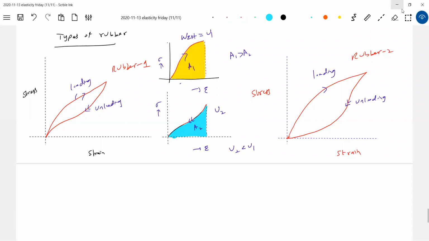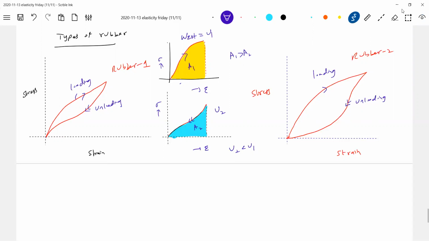Suppose say 10 joules is there. Then it should return back all 10 joules, no? Finally, when deformation is 0. But what happened? It has returned only 8 joules. Where did that 2 joules go? Converted into heat. So this is what happens, the rubber will never retrace the path. Suppose a material, I deform it, and if it retraces the path, then there is no loss in energy. The energy you spend to deform the body will return back, so the body will return the total energy. Then no loss in energy. Otherwise, that difference in energy will be converted as heat in the body.